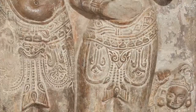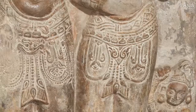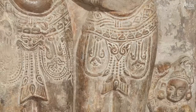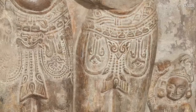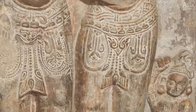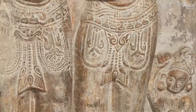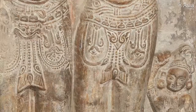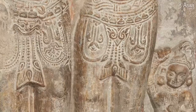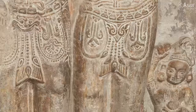The female figure to the right of the two large standing figures is almost certainly an attendant. Remember, when the Buddha's mother returned to her native village in order to give birth to the Buddha, she was accompanied by a huge entourage. And this woman, perhaps holding a fly whisk in her raised upper hand, would be considered part of the entourage